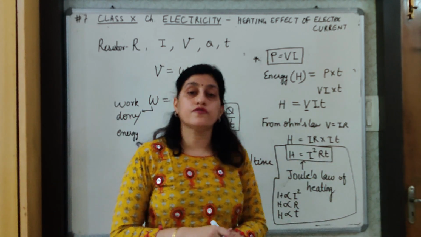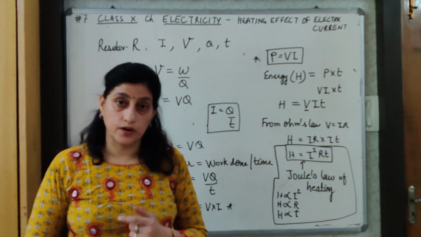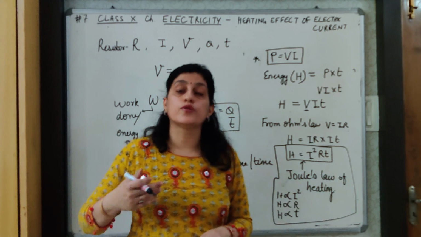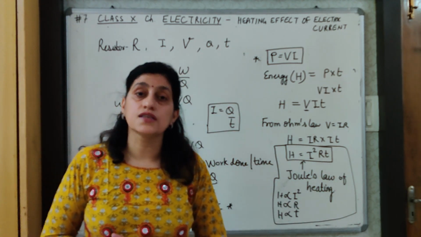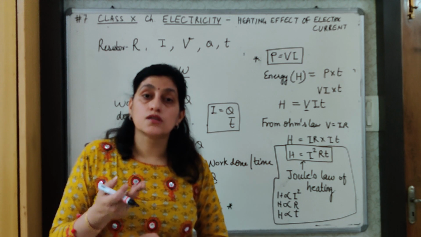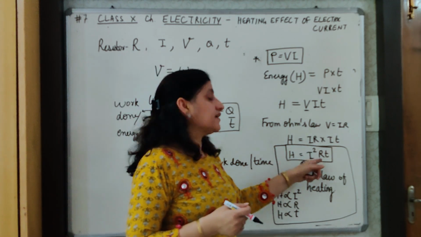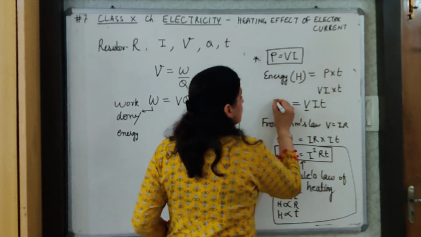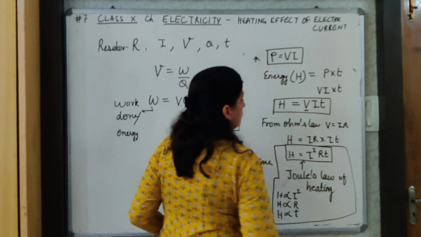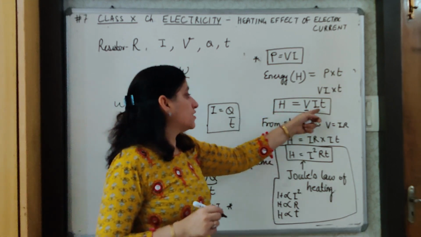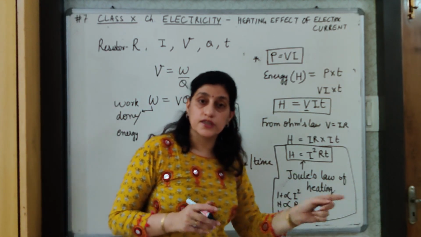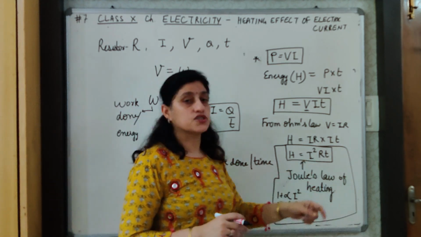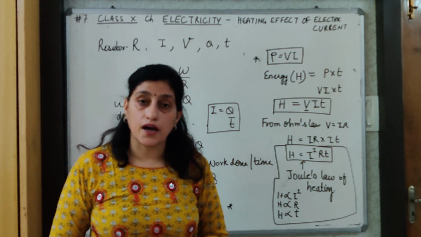This formula also finds application in numericals at your level, and therefore we can use this formula. And sometimes if potential difference etc. is given to us, we first use Ohm's law to find I and R, and then we can apply it in this formula, or we can use this one also. Because this is also a formula for heat energy, both are the same. But particularly Joule's law of heating has this expression H is equal to I square RT.